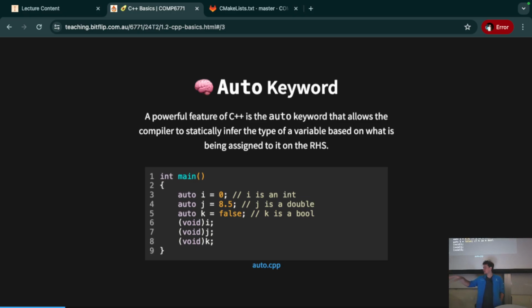Whereas other languages, loosely typed languages,